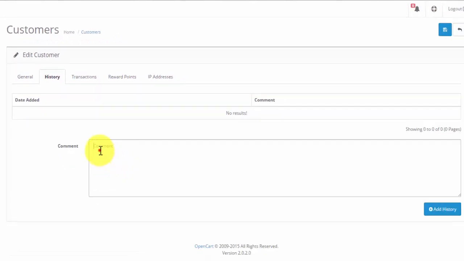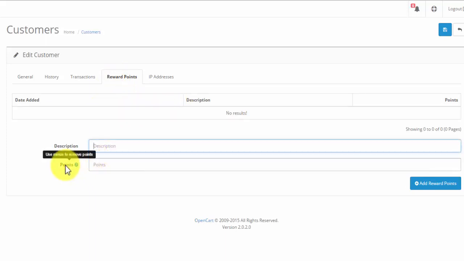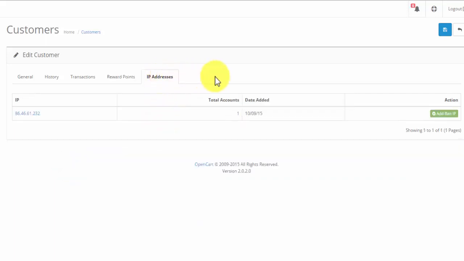We can add comments here and click add history if we wanted to have some notes on our customer, for instance support notes or something like that, or whatever we need to put in here. Then we can also look at the transactions that our customer has made. We can add a transaction by clicking add transaction here. Also, if we're using the reward points for our customers, we can look at the reward points here, add reward points here as well, and give the points a description. And as it says here, we can put a minus in front of the points to remove points from our customer's account. And the last thing here for our customer is the IP address, so we can just look at